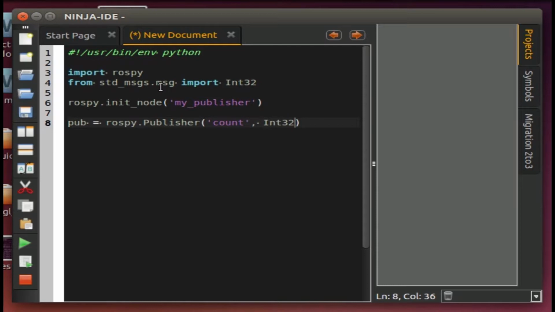Now, what this next line does is it advertises the node that we just initialized. So we initialize the node in this line, and this line advertises the node that we just initialized. Now after we initialize our node,